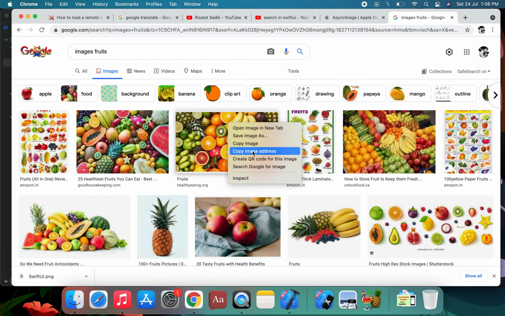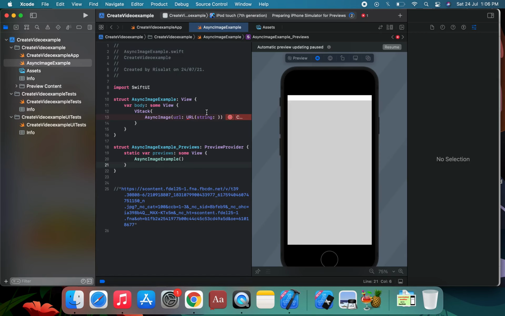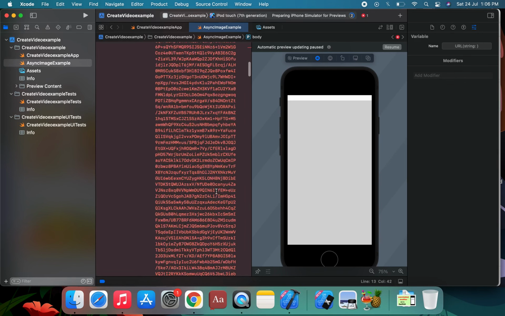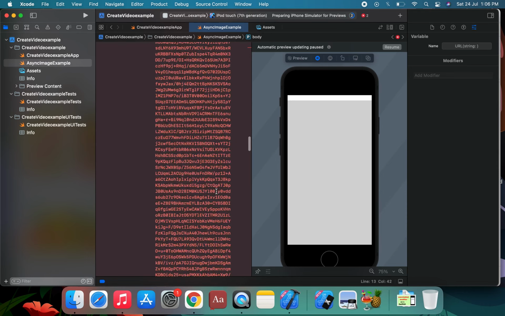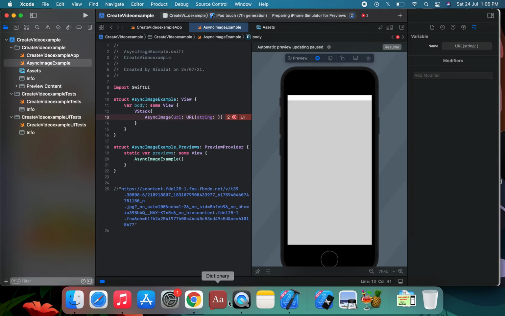We copy the image address, run the application, and assign the image. But this is the largest image address, and it is not applying on this large image.